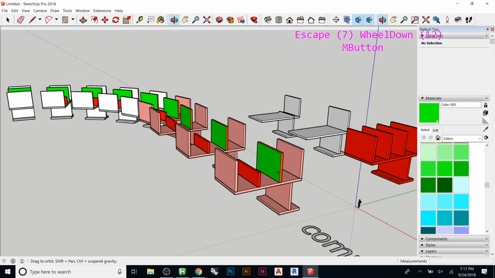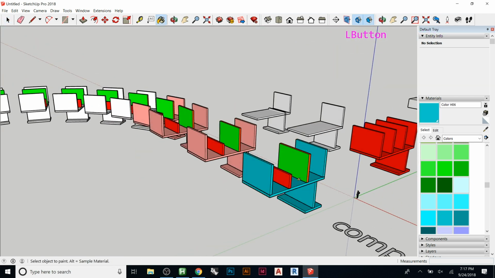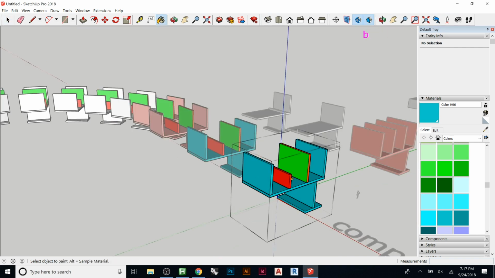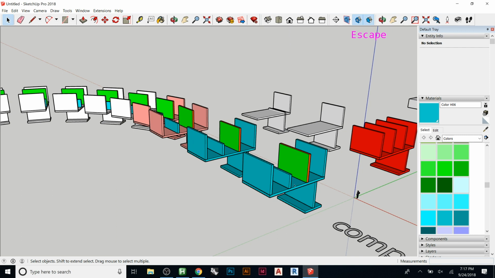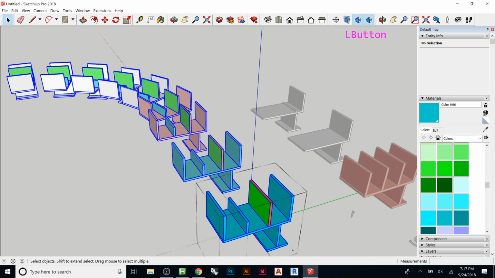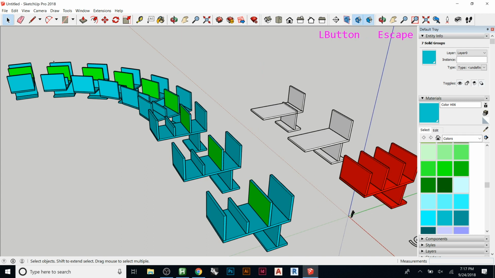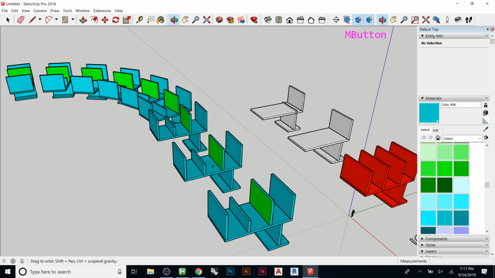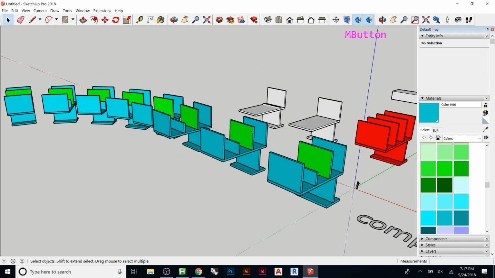And now if I try and paint this from the outside, let's say make it like this bluish teal color, see, only that changes. If I go within, all of them that had that color changed. And see here, where there's a different color applied to it, different stuff is happening. And then if you apply it just within the group to everybody, they all get it. But that face that I went in within that group, it didn't change